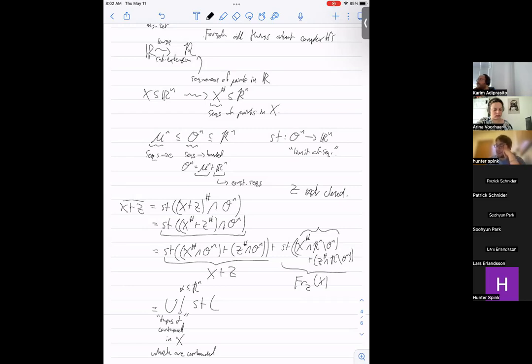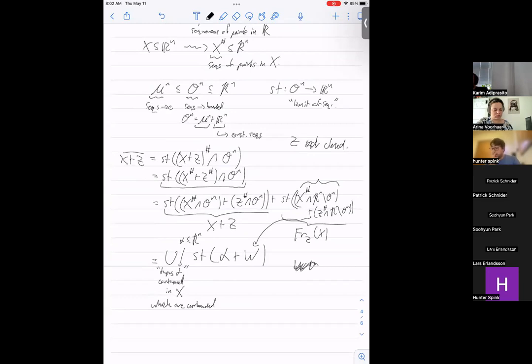So we partition this into alpha plus, I'll just call this W. All right, so here W doesn't matter. It's just something. Okay. So the key thing is that these alphas came from this procedure where we partition all of X into algebraically indistinguishable